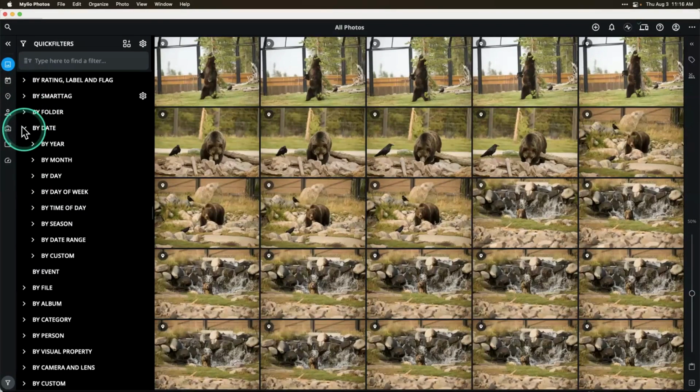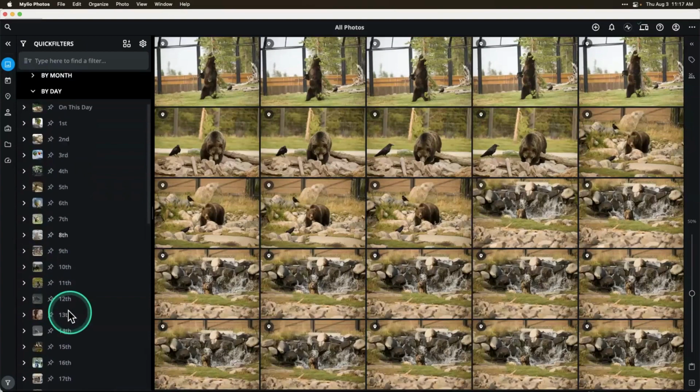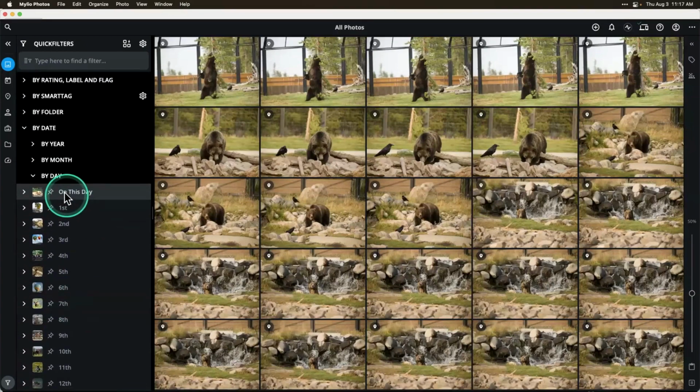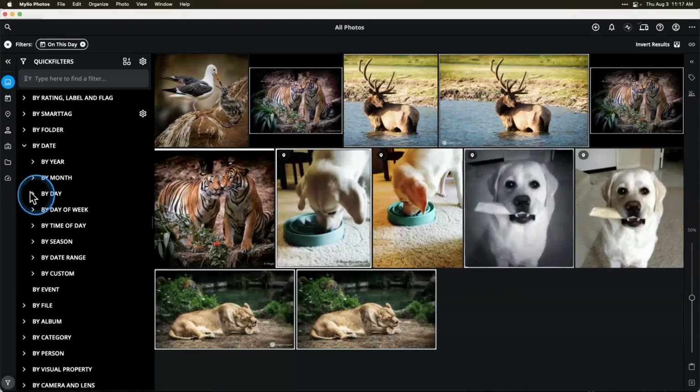You can also sort by date. One that I really enjoy is by day. So on this day, if you expand these sections, you'll get all these different dates here. But if I wanted to see what happened on this day, not dependent on year, I can just click on this day. So let's see, I was probably at the San Diego La Jolla Cove photographing birds, and then also went to the zoo, photographed some elk, and here's my dog Calvin. So it's kind of fun to see what you did on a particular day,